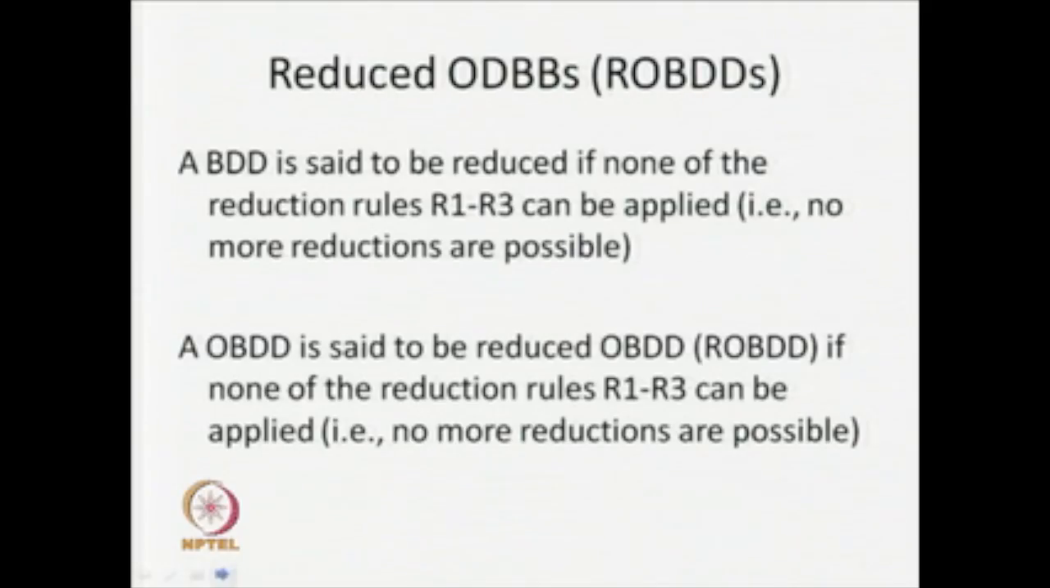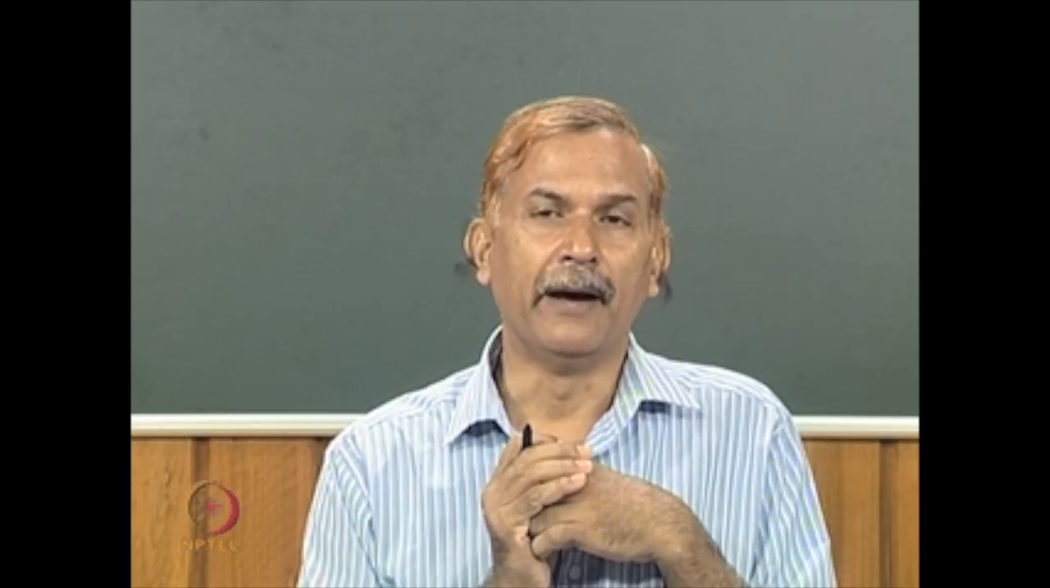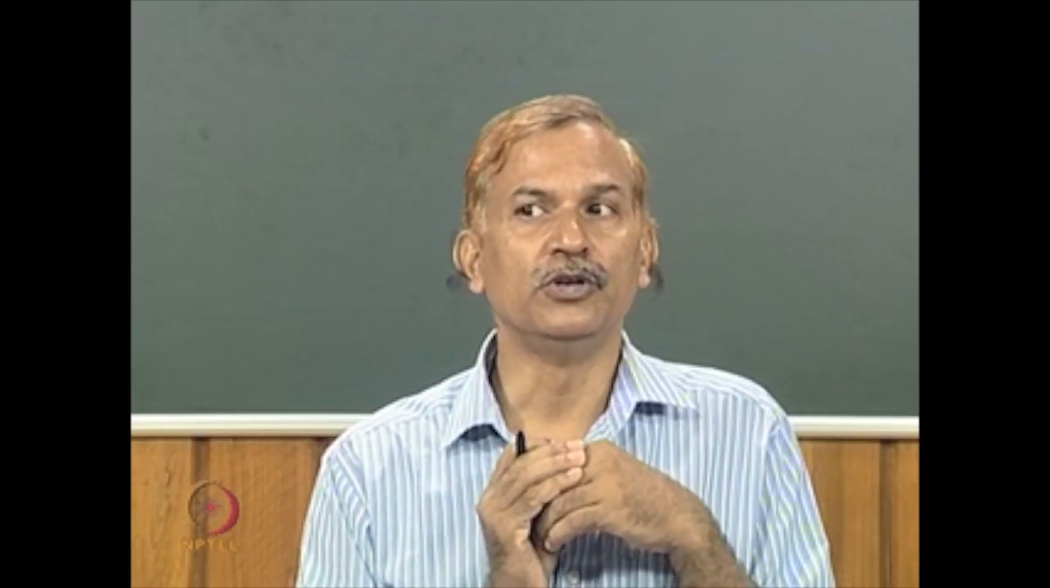Okay. Now, we have introduced a data structure called BDD, binary decision diagram, which is used to represent any Boolean function. Later on we have seen the ordering of the variables and the reduction of the ordered binary decision diagram, and eventually we come to the reduced ordered BDD, the ROBDD, which we use to represent any Boolean function. Now, since we have this BDD representation of Boolean functions,